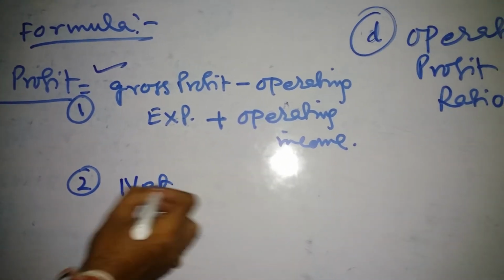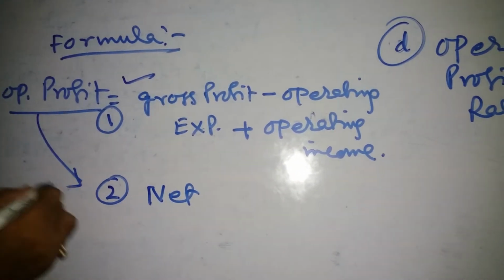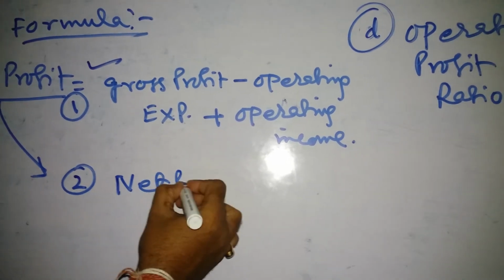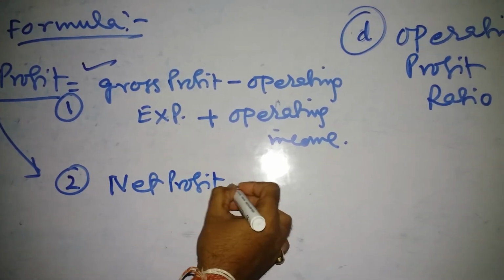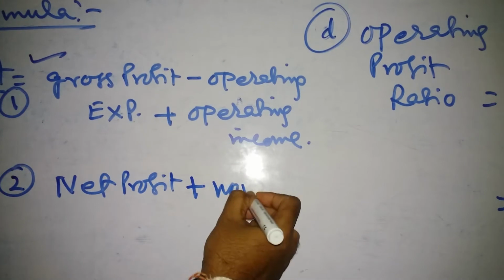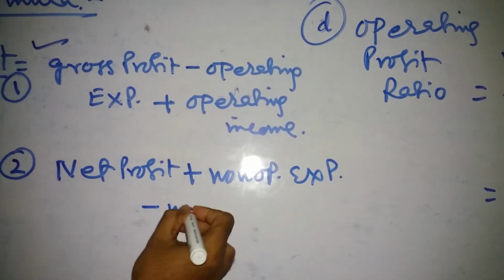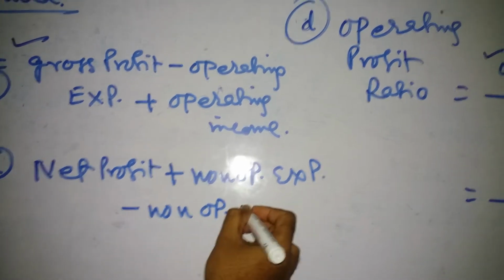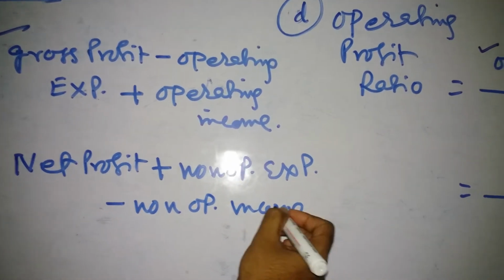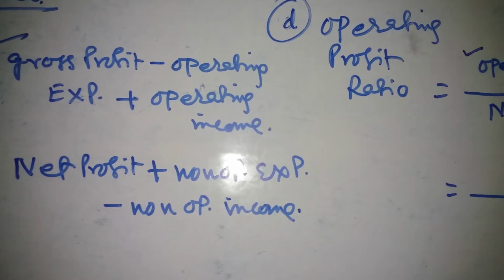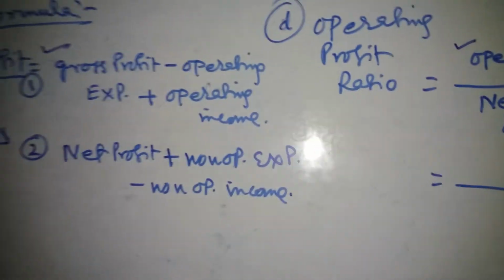Another formula for the operating profit: net profit plus non-operating expenses minus non-operating income. Non-operating expense minus non-operating income. Now,